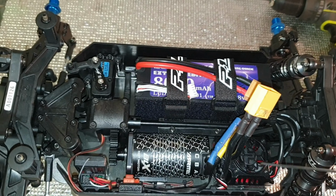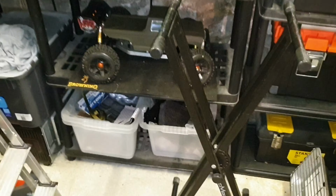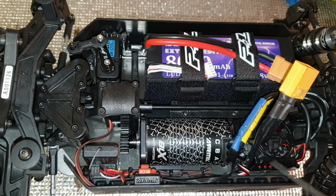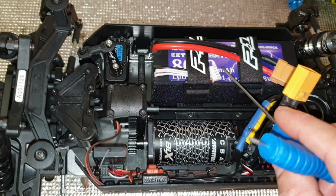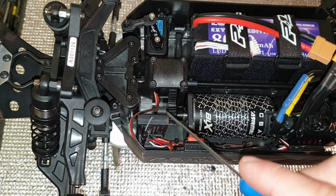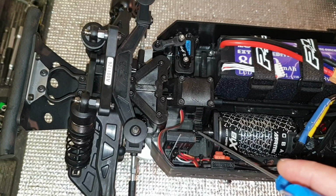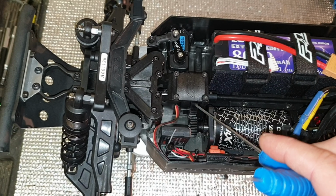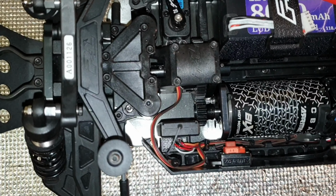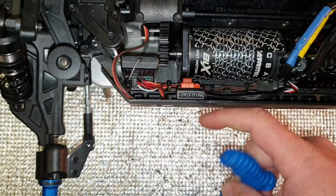So this is my brand new Kraton system that came out of that Kraton down there that I never used. It does just about shoehorn in here. This is my 4S Ludicrous LiPo battery, and I'm running a 19 tooth pinion. I've mounted my receiver upright like that because I want to keep the wires away from this pinion and center differential. Also interesting, when you do your wiring, there are some nice little clips to use on this side guard,